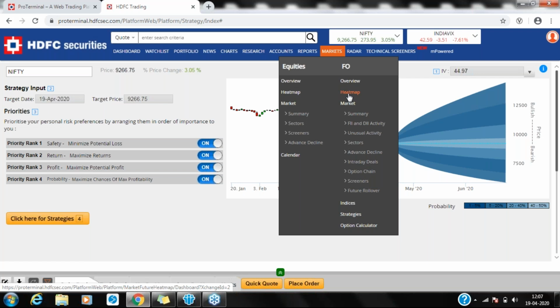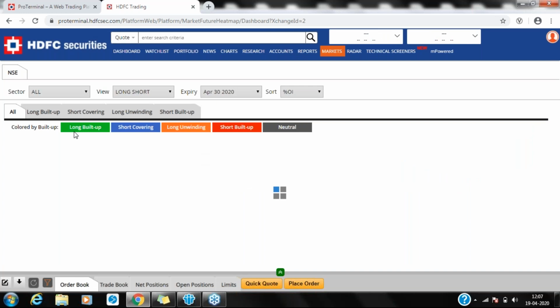So the first question is from Chitra. How do you go directly to the technical chart of a FNO stock from the heat map? Right now, you go to the screen and chart in the top section and choose. Can we do this directly? So, Chitra, if I can understand your question, you want to go to the technical chart of a particular stock from this long build-up section. So that option is not available.